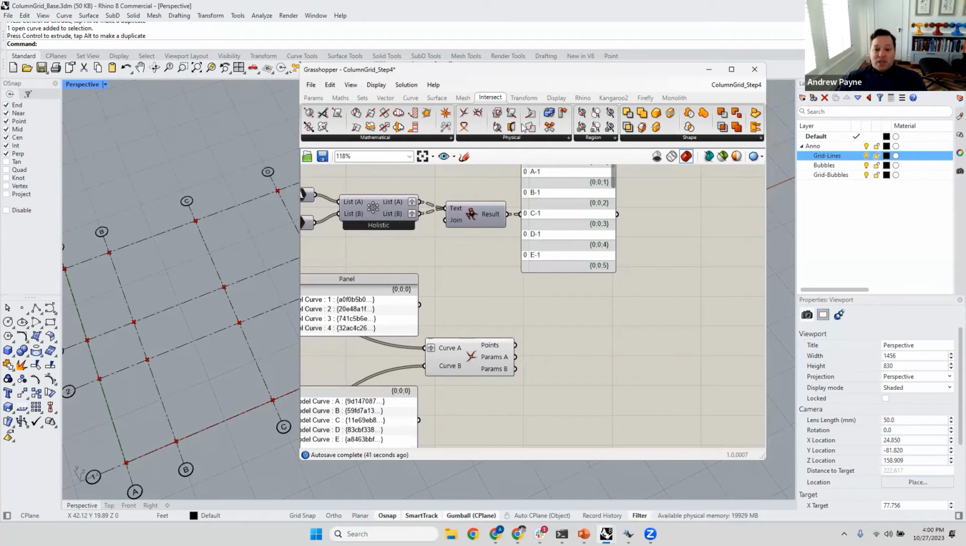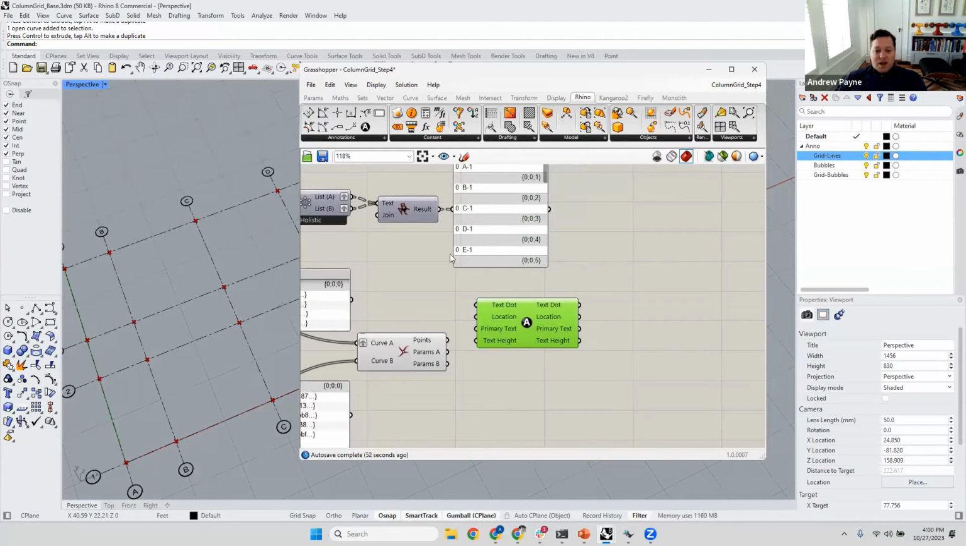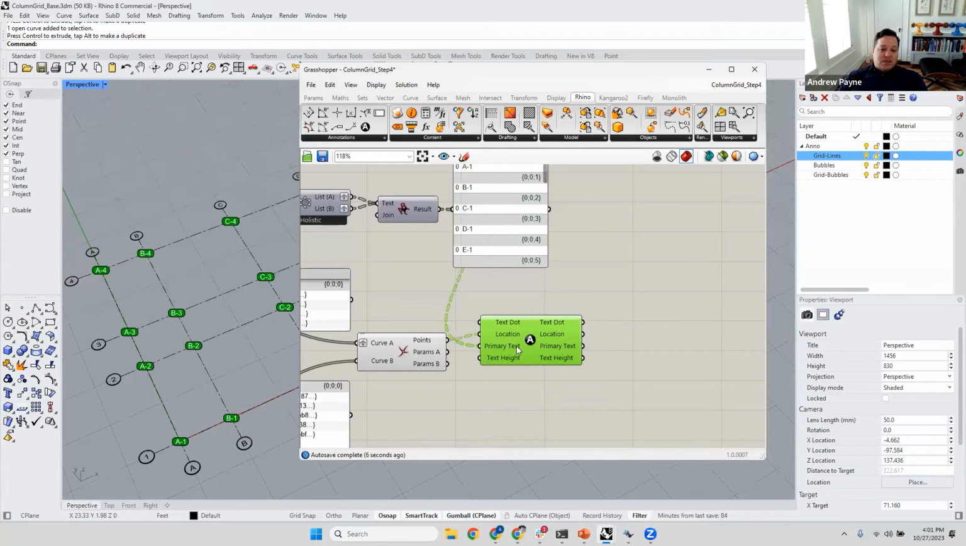So if we wanted to, we could use another annotation style, in this case, a text dot. And a text dot is just a little annotation type. I don't know if you've used it or not. It's asking for the location, and you can see it automatically puts A's, but the primary text I want to use here. So now you can see by using this text dot,